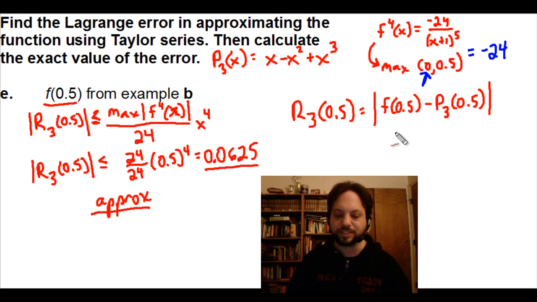So f of 0.5, I'll just go ahead and tell you that is 1/3. The approximation at 0.5, I will go ahead and tell you, is 3/8. And if we work that out, we find that our actual error